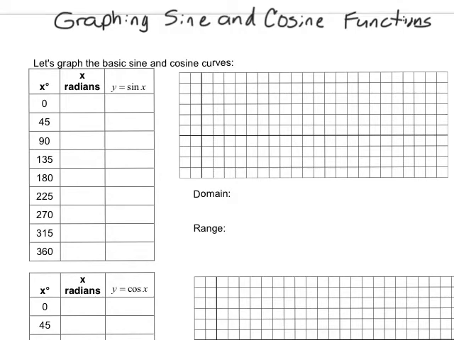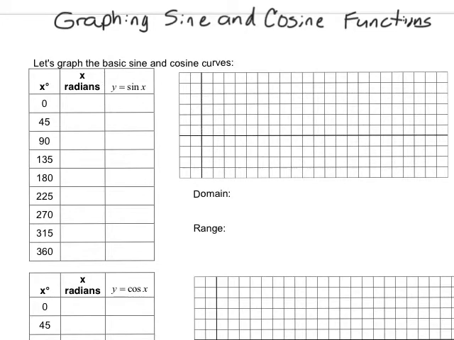We're going to start this unit off by graphing functions, the sine function and the cosine function. Now the last unit, we calculated values for specific angles around the unit circle. And the first part of this unit, we're going to treat sine and cosine as functions with an input and an output, and we're going to graph their value along the xy axis. So the angle measure would be our x values,